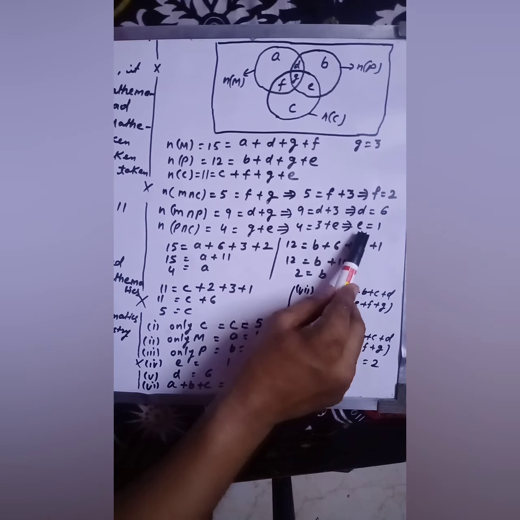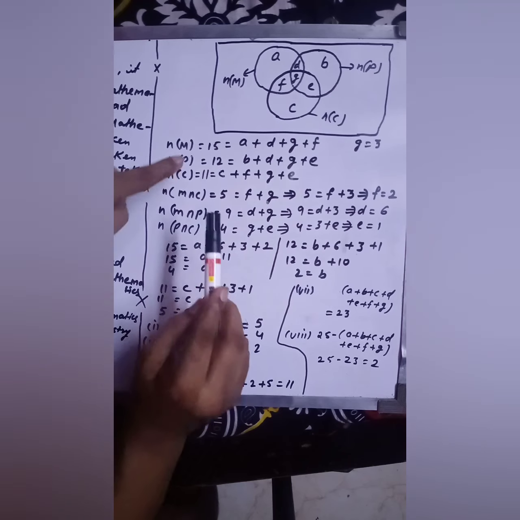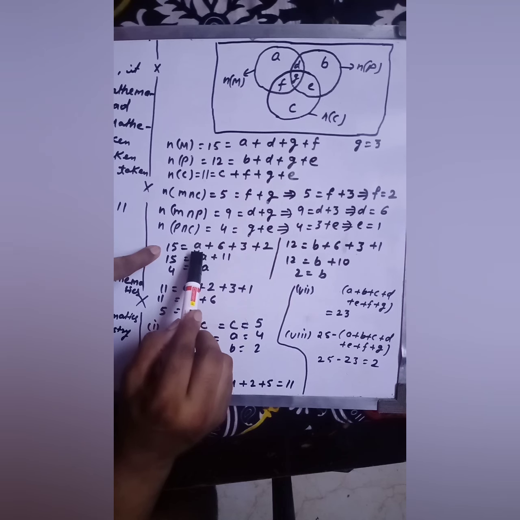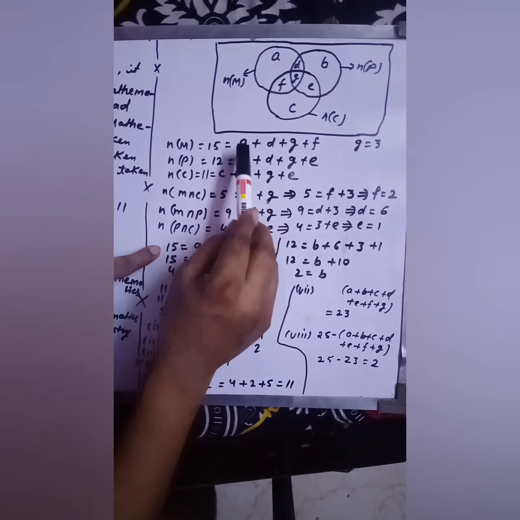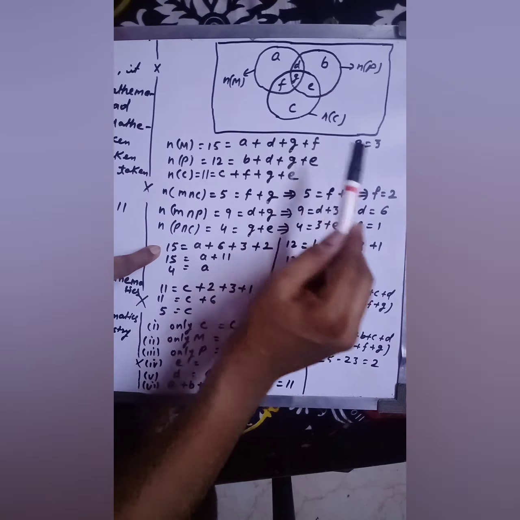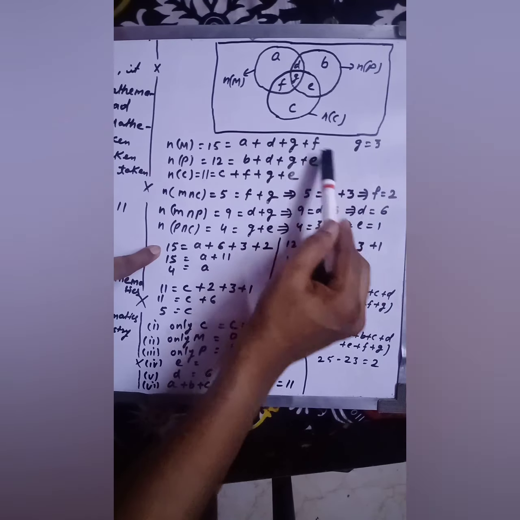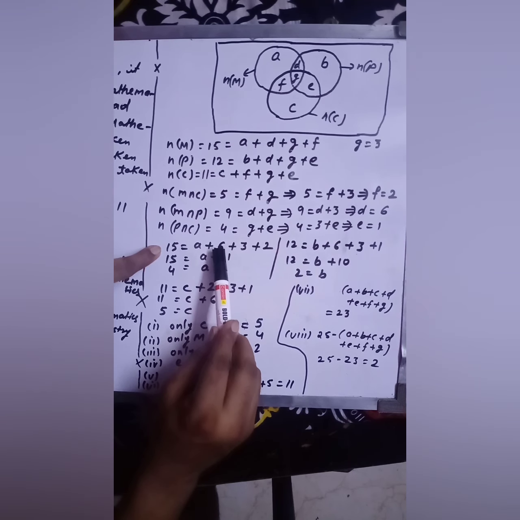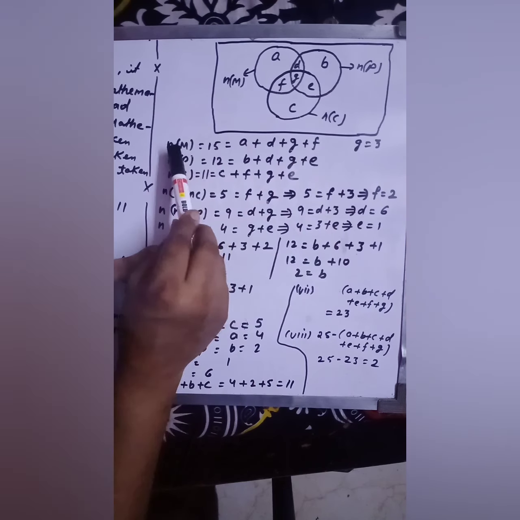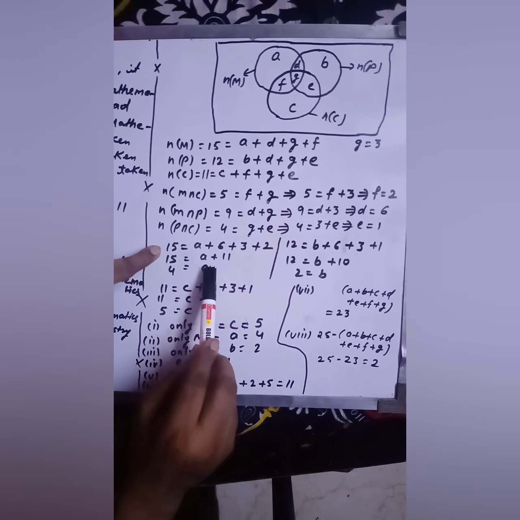Okay. So after that, your M was this equation. So copy it. That is 15. 15 is equal to A plus D plus G plus F. The value of A is not given to us. We have not calculated it. But the values of D, G, and F we have. So D is 6, G is 3, and F is 2. So I'm just putting the values of D, G, and F in equation number 1, in this equation. So when you solve, your A would be 4.